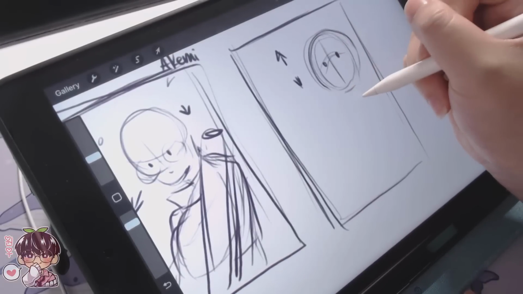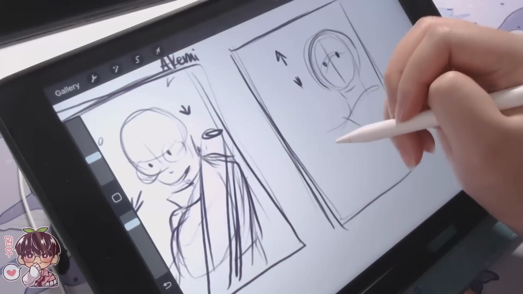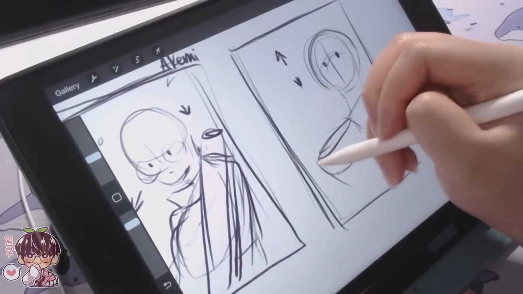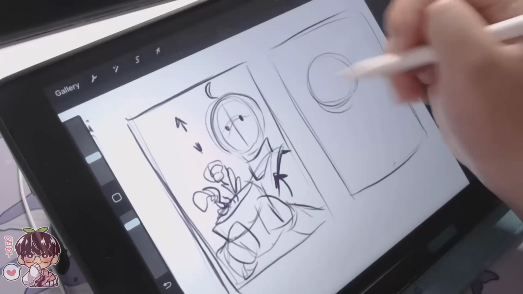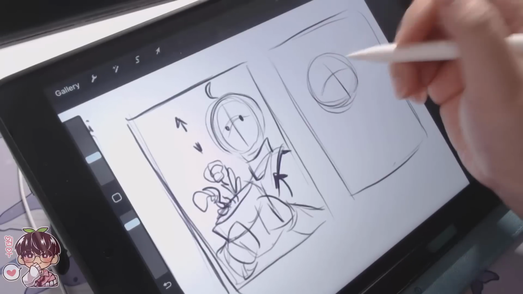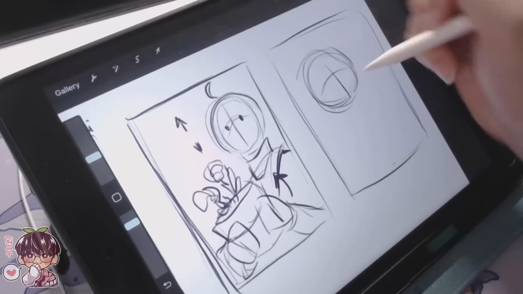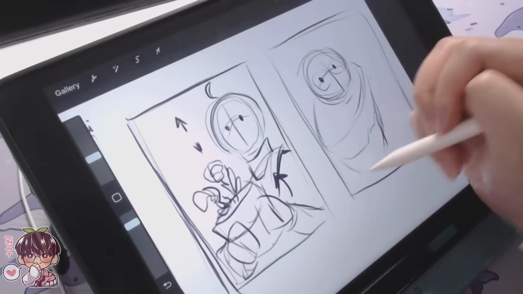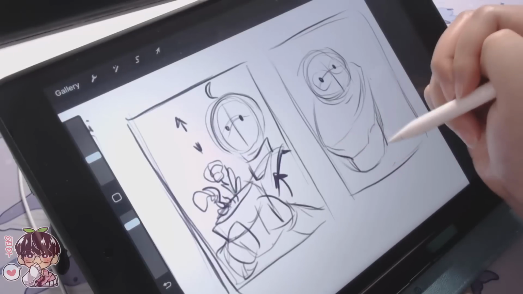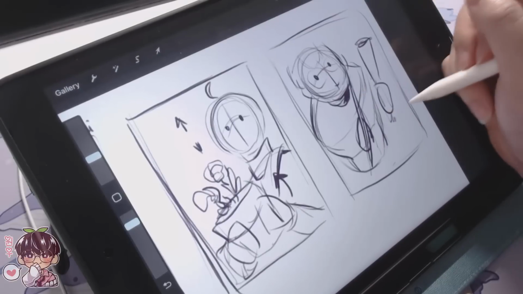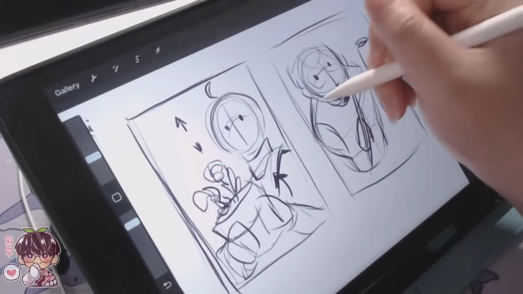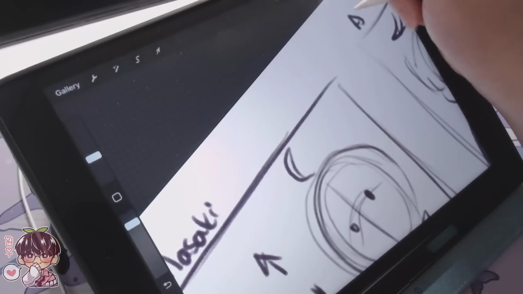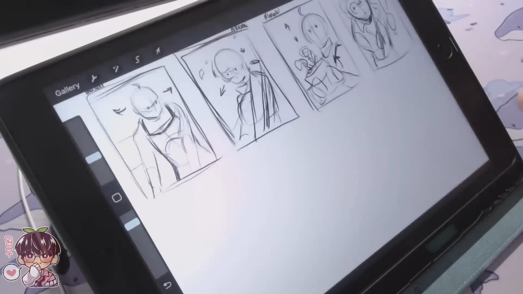So for the thumbnailing, I did do 4 thumbnails, and I went back and forth thinking that maybe I would do one of Akemi, who's my other OC, who I don't draw as much, but ultimately I went with Masaki, because usually when I tackle something that I'm not used to, starting off with a familiar character dumbs down the process a little bit for me. I don't have to think too much about the character's design as much as I would need to if I wanted to draw someone I wasn't exactly used to. So maybe in the future, I'll try something a little bit more ambitious for Akemi, because I do have a bit of an idea of what I wanted to do, and I want to do something with the last thumbnail with Akemi for that one.